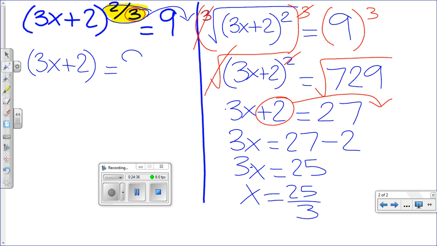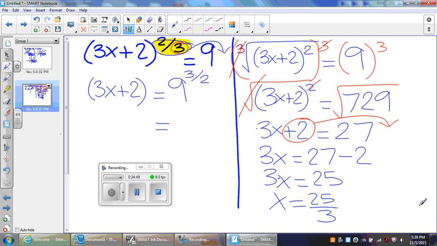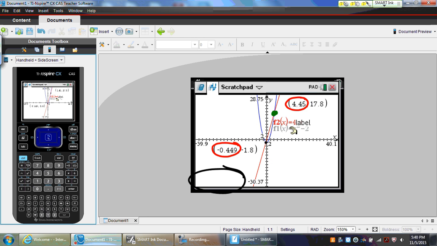And so when we do that, the 2/3 is going to change to its multiplicative inverse, or the reciprocal, which is 3/2. And so if we go to the calculator and we enter this quantity here, 9 raised to the 3/2,